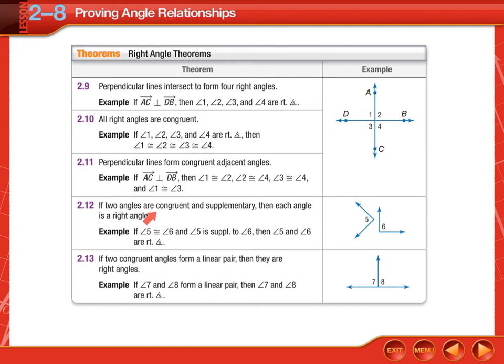If two angles are congruent and supplementary, they're congruent and they add up to 180, then they are right angles. The only way to make two angles equal 180 is to divide that by 2, so the angle has to be 90. If two congruent angles form a linear pair, then they are right angles. So if we have these two being a linear pair, which means they're supplementary, which follows on this